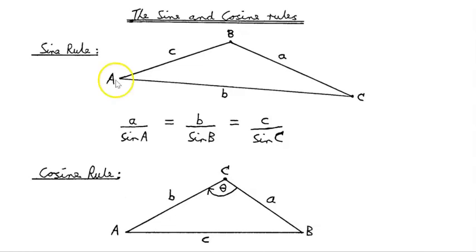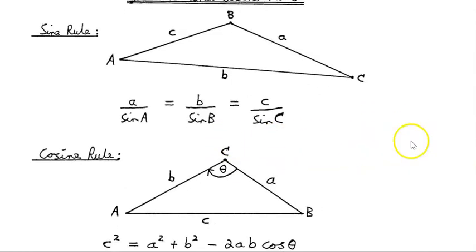And we see that this triangle A, B, C, with side length lowercase c opposite angle C, lowercase a opposite uppercase angle A, and side length lowercase b opposite angle B. And there is a relationship, and that's the sine rule: side length a over the sine of angle A is equal to side length b over the sine of angle B is equal to side length c over the sine of angle C. All right. Similarly, for the same triangle, the cosine rule is